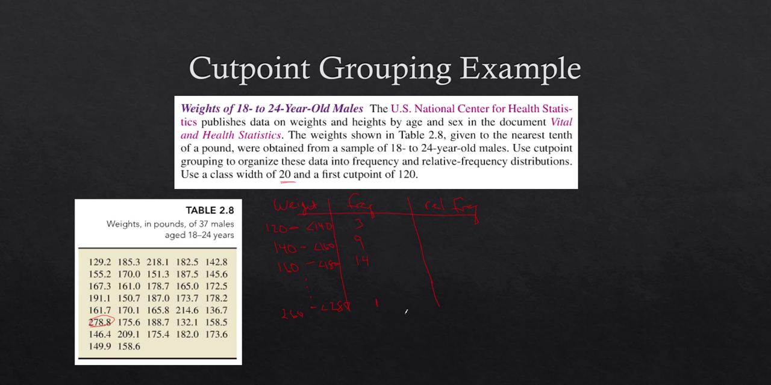We need to know the total. Well, I'll tell you that since we don't have all these in the middle, the total amount would be 37. So we would divide all these by 37. So 3 divided by 37 is